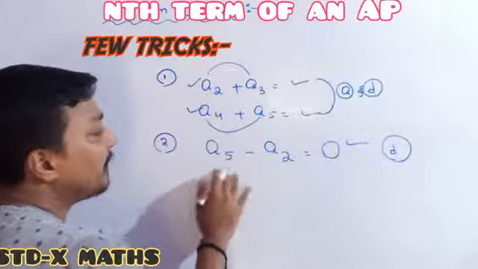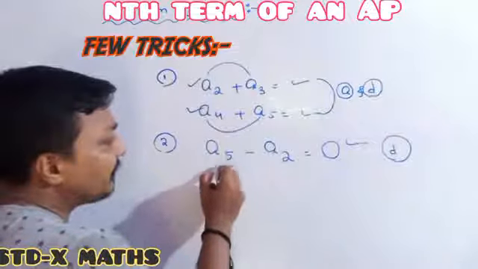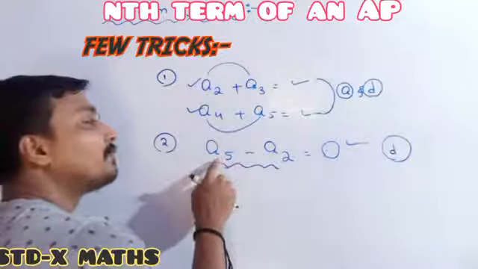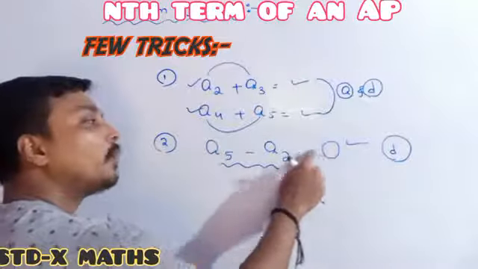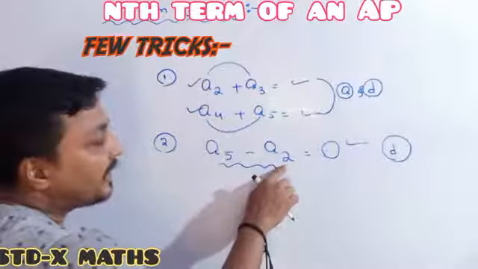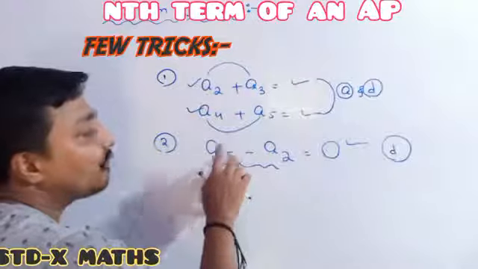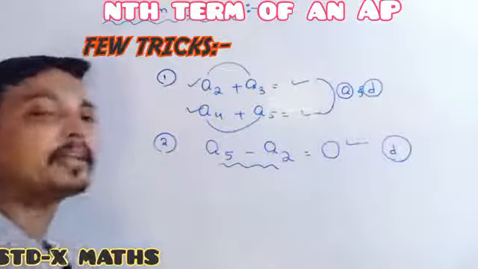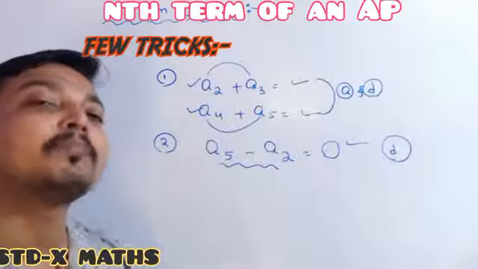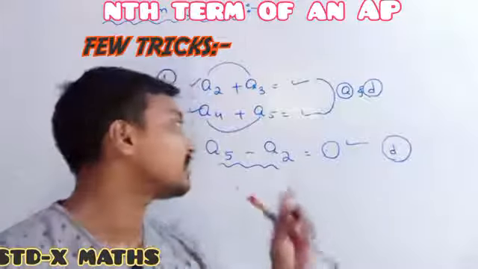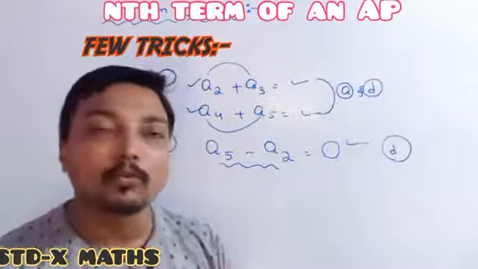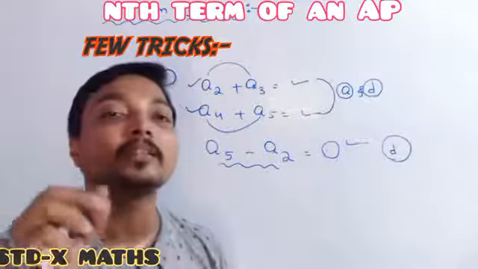Otherwise it may be given just like this. It may be said as the difference of the two numbers. Otherwise it may be said that the fifth term is something more than the second term, which also means difference. Otherwise, the second term is 20 less than the fifth term. Also the situation means a difference. It may be less than any term, or greater than any one. It means always the situation will be that the difference of the two terms is given, and whenever the difference of the two terms is given, always it means your d is given.